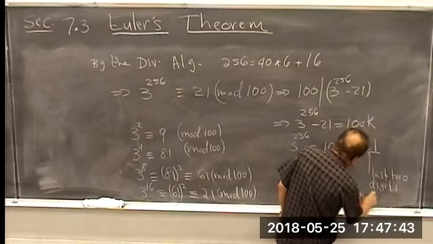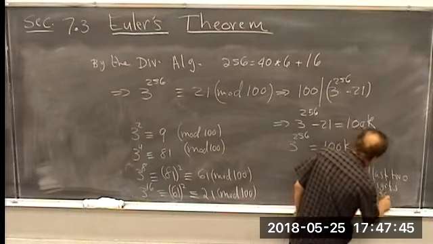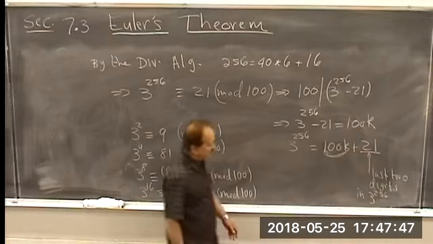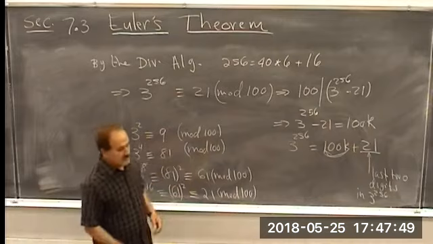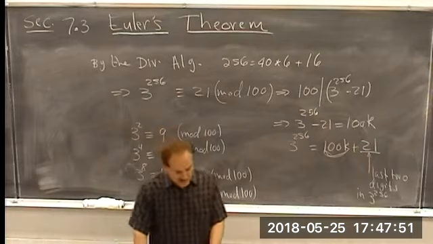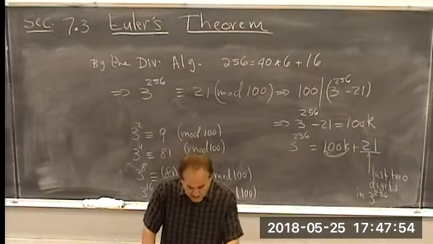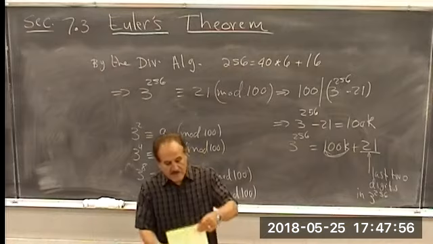And the 3 to 156. So the last 2 digits is 21, all right? And you can see how we could generalize this to 1 digit, 3, 4, 5, and so on. All right. The next